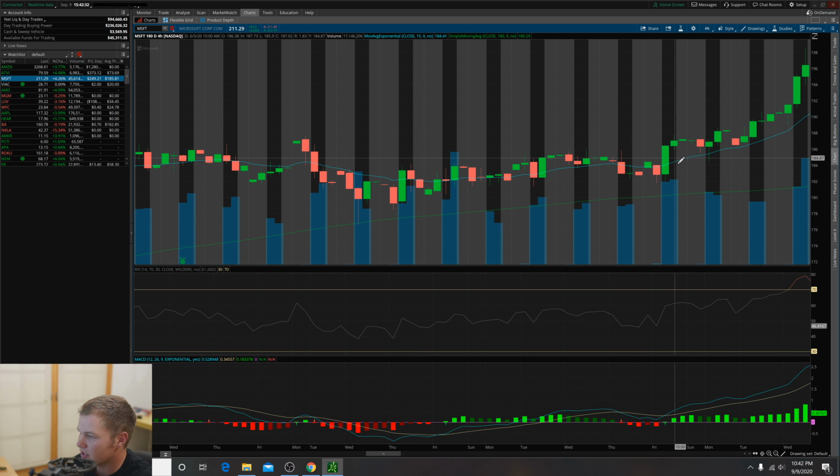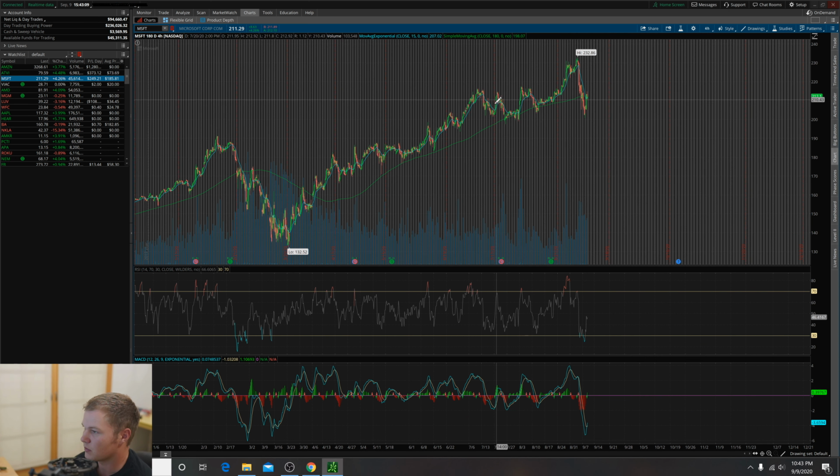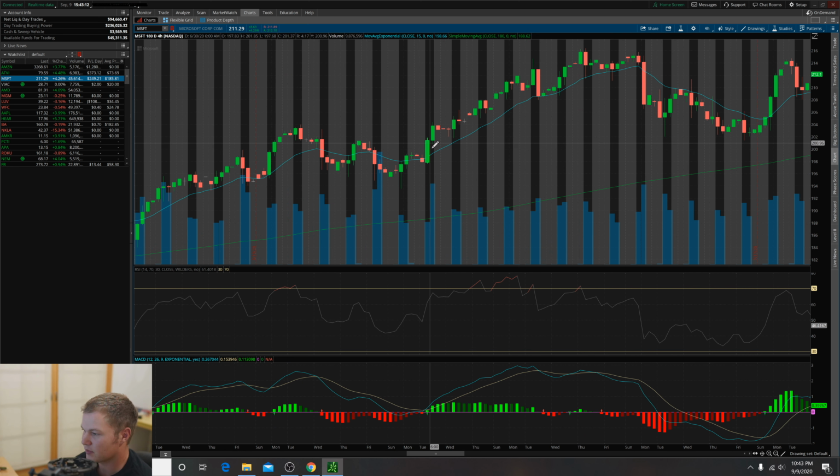When you wait for confirmation and you get a few bright green bars, and then right here you see some dark green bars, so you may not want to buy yet, right? You want to wait for this confirmation I'm talking about, and here's a great example of it. Right here, even though the buy signal was back here, if you waited a day, these gray columns are after hours, and these dark columns are the days. So literally just a day and a half later, you get one bright green bar, 2, 3, 4, 5, 6, and they keep getting bigger and bigger,